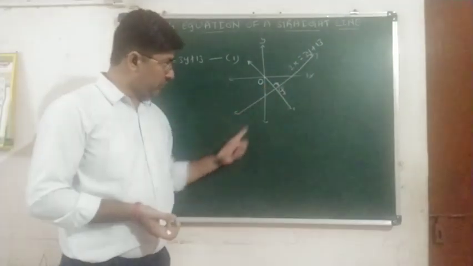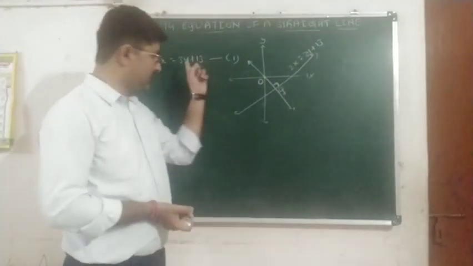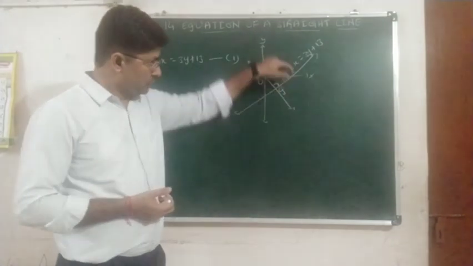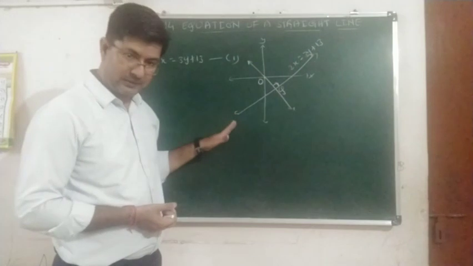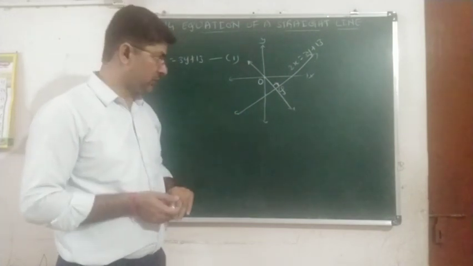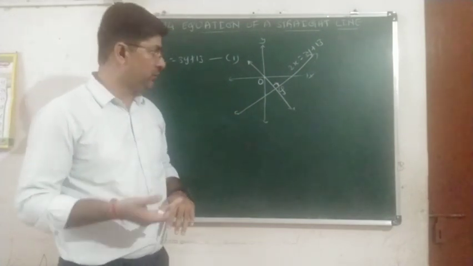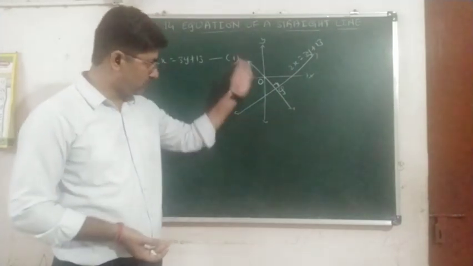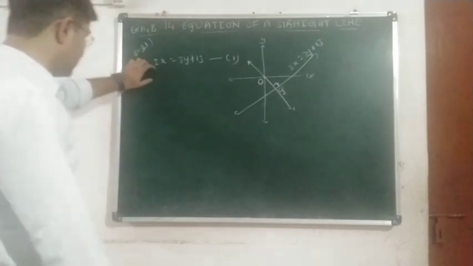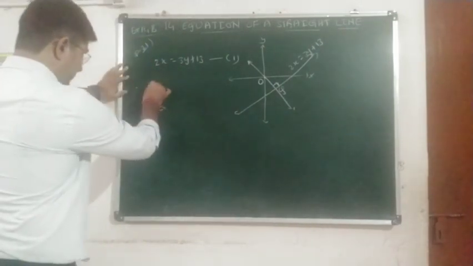So if you can find out the slope of the given line, the equation is there, so we can calculate. Yes or no? So our first step will be to find the slope of the given line. After we get the slope of the given line, what shall we do? Obviously its negative reciprocal will give us the slope of the required line. Clear? So let us simplify this equation.